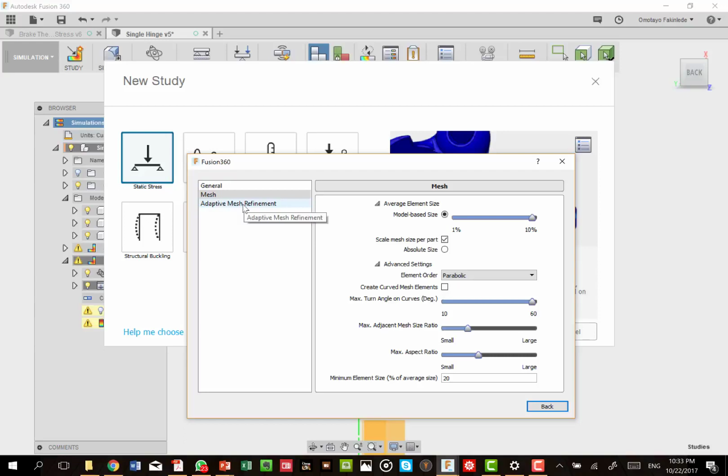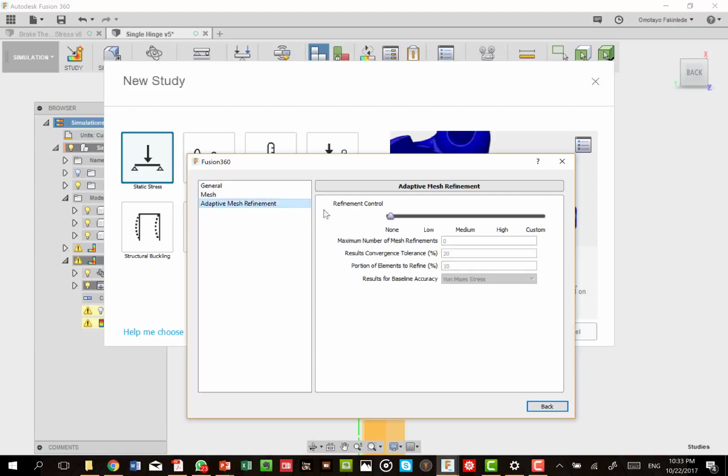Also, before you even start the simulation workspace, you can decide on adaptive mesh refinement. Adaptive mesh refinement, which is refinement control, right now is set to none. You can set it to low, medium, high, or custom. What happens here is that this will decide on an iterative process that will decide when your meshing or your solving will terminate.